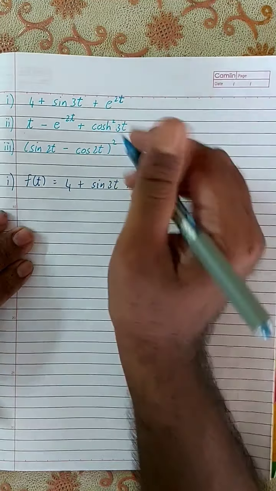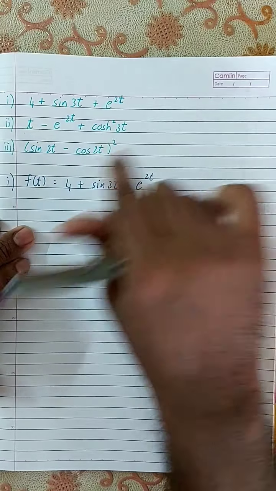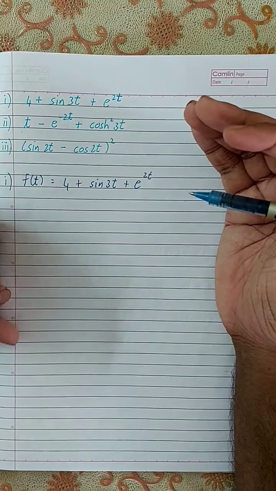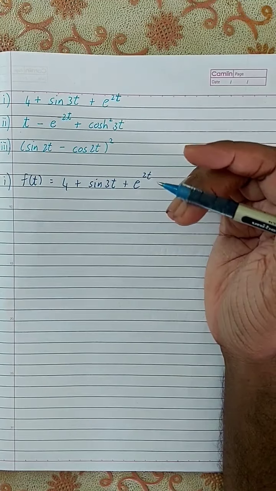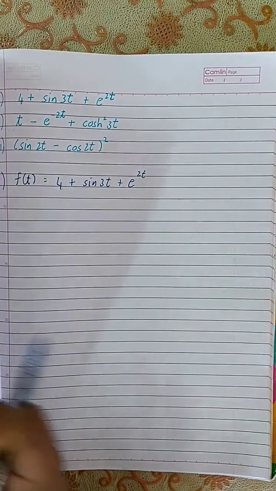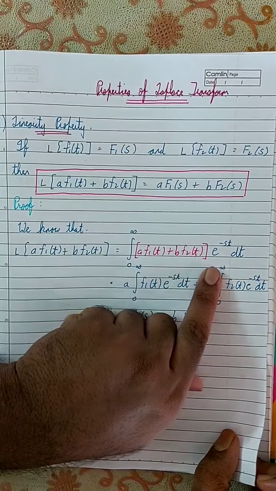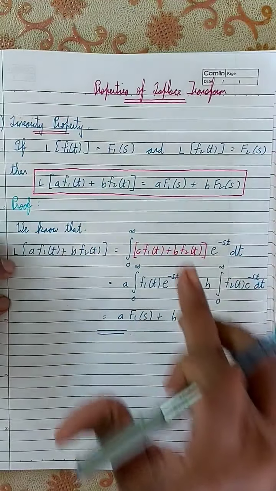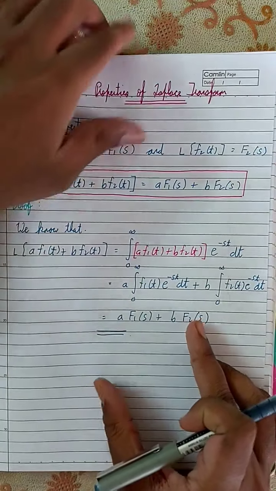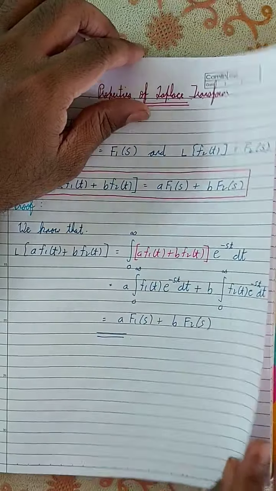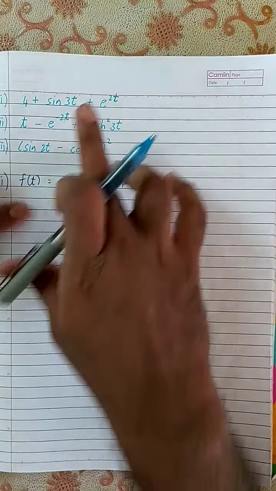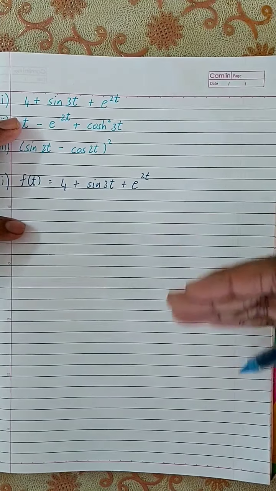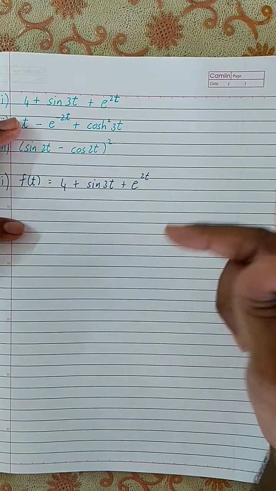So what is the Laplace transform of this? You see, what this basically means is the linearity property. The reason why we are learning about this property is because every now and then you don't have to apply this equation, the integral with e raised to minus st dt and all this whole thing. You don't have to apply it. If you know the Laplace transform of some of the basic functions, all you need to do is simply apply the Laplace formula as it is. You don't have to substitute that equation.